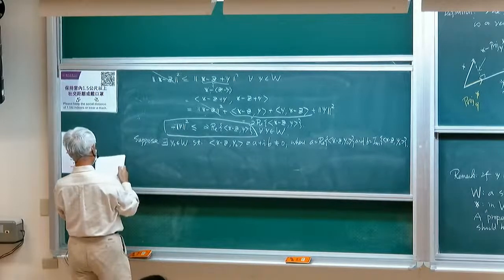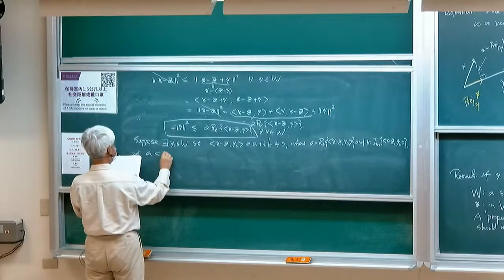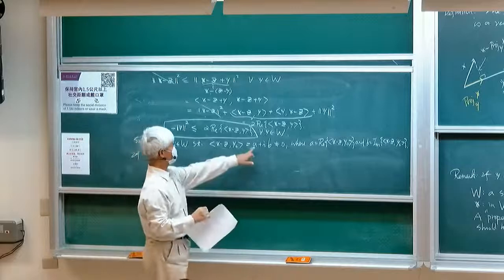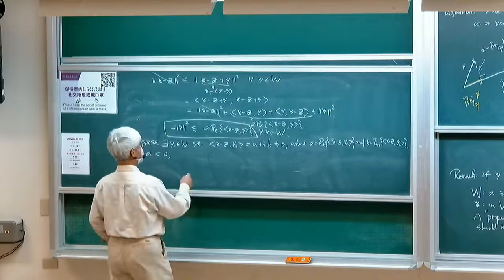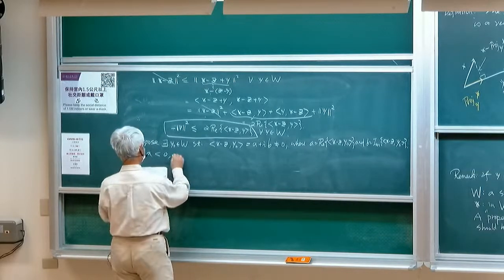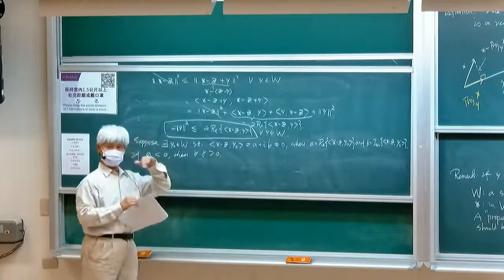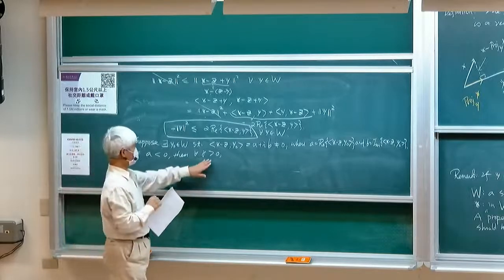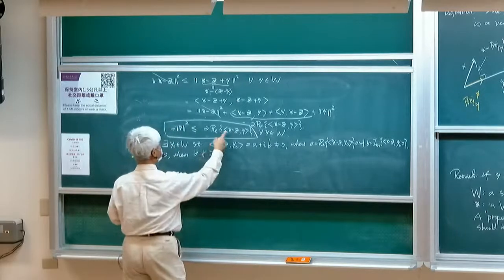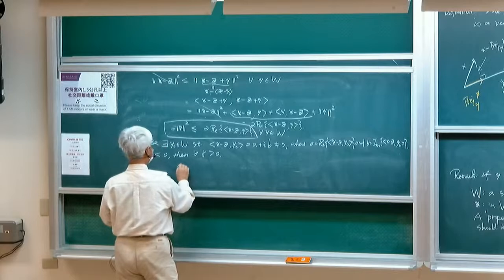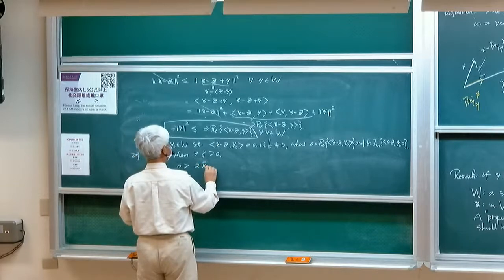Okay, so suppose a is negative. So a is negative. And so if a is negative, then for all gamma greater than 0, so we put a parameter gamma which is positive, then we see that 0 would be greater than 2 times the real part of